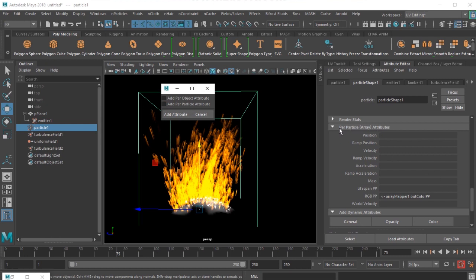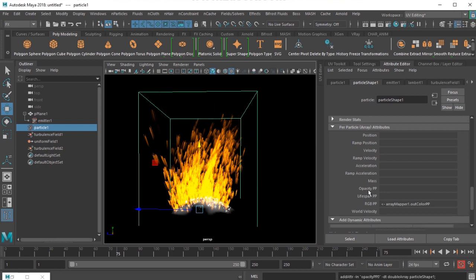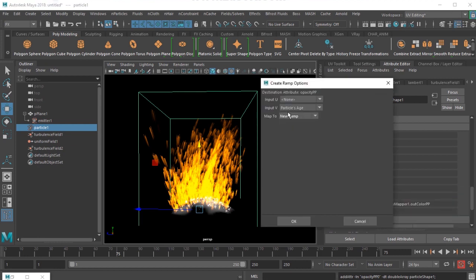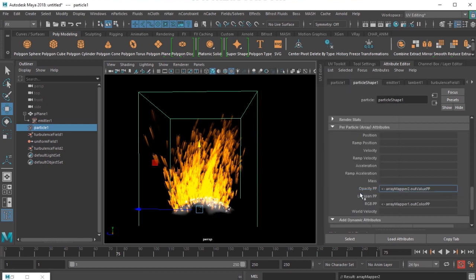In per particle attribute you want to create an opacity PP attribute. I switch on this option and then say add attribute. That gives me an opacity PP attribute there, and then I just go here and create a ramp. The same setting will work, and when we create it, it gives me a ramp.